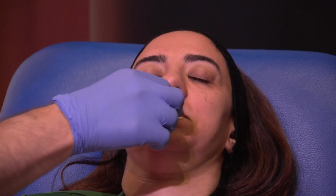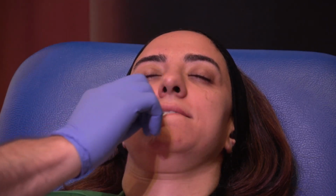Are they numb? Okay. Here, I've seen many doctors injecting and using that distractor. How can you control the lip while using the distractor on the lip? I have no clue. You have a nurse, she can use the distractor. You use EMLA, you use all the other modalities to...